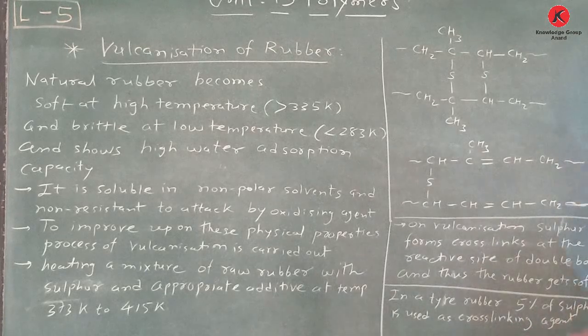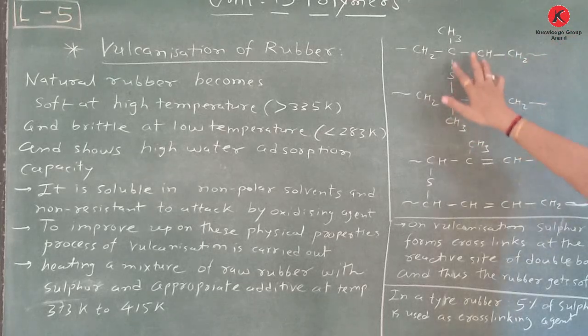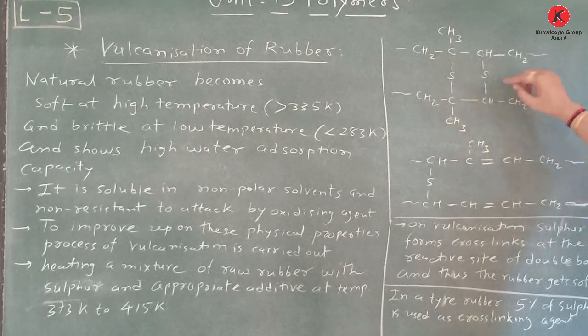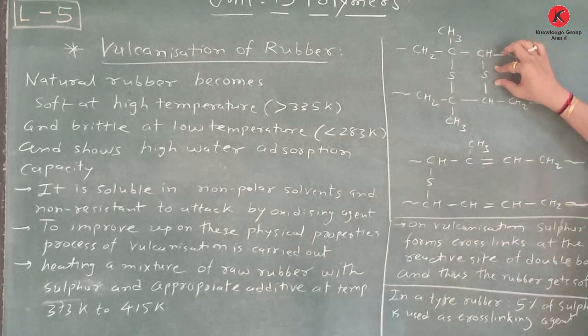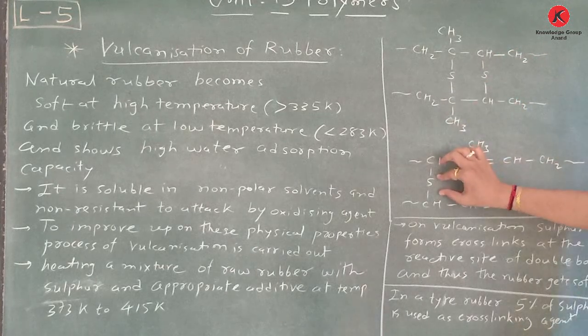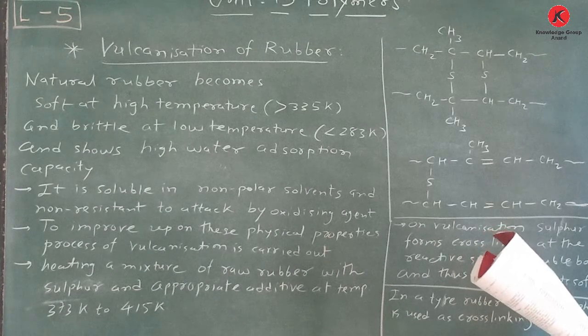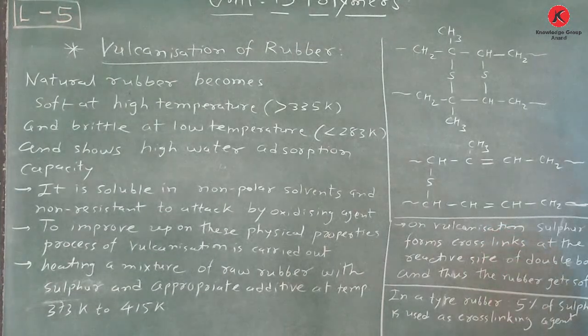And this is known as a cross-link, because this is one branch, one linear polymer, this is also one polymer, and between them the cross-link is there. That's why here sulfur is considered as a cross-link. Here also this sulfur is considered as a cross-link. So here you have to remember this one, a cross-linking agent.